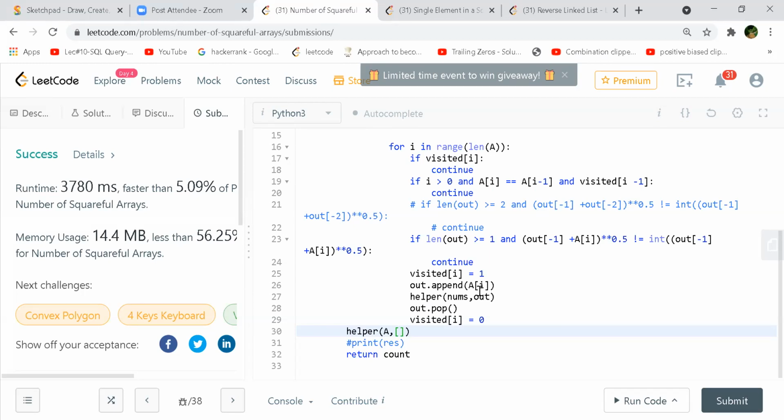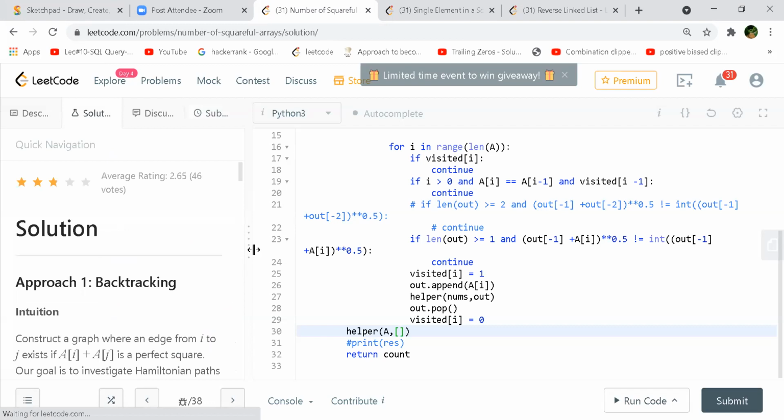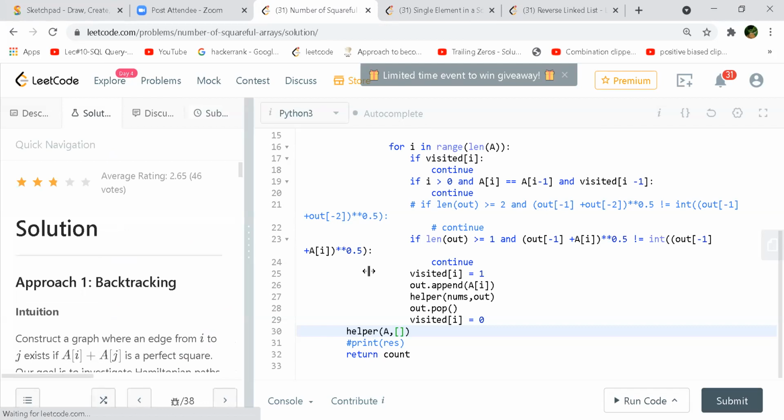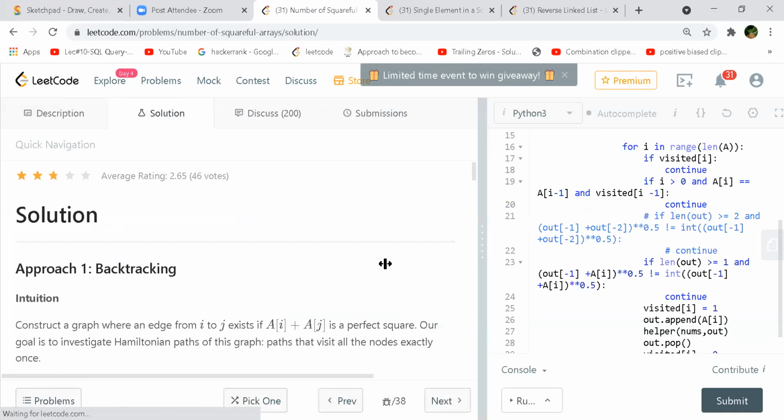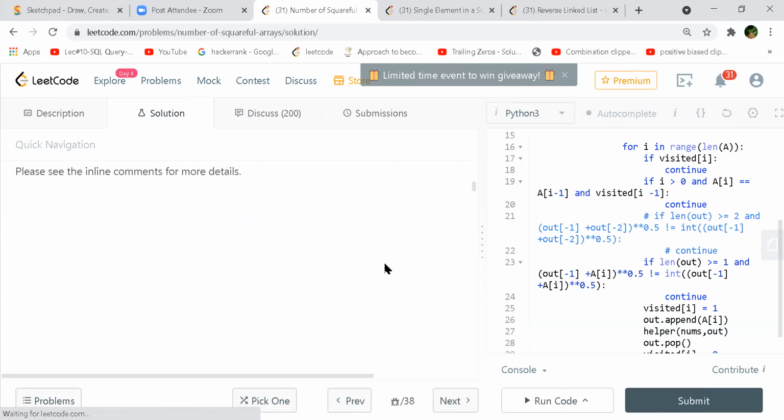Can we also discuss the time complexity of the graph solution? It's given in the solutions, the second one. So that is something like 2 raised to n, factorial. Sorry, exponential, right? I didn't understand how they are saying n square 2 raised to n. How did they do it?